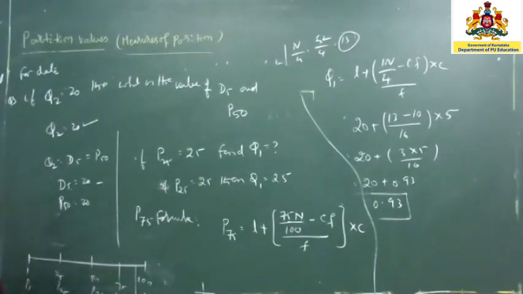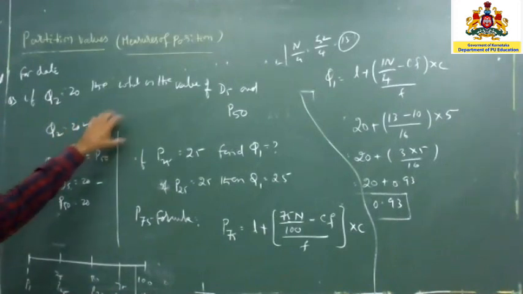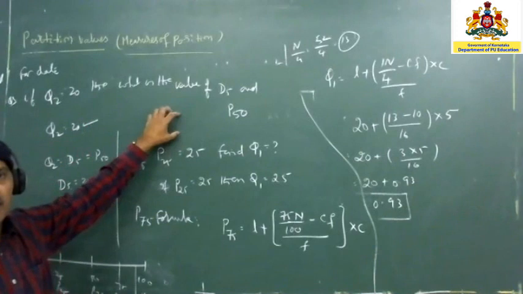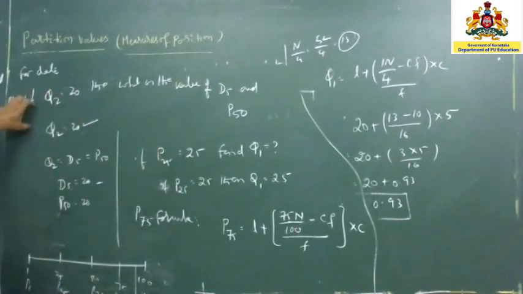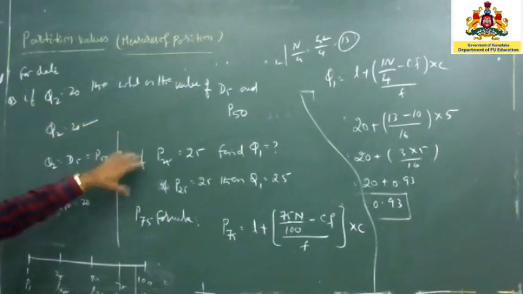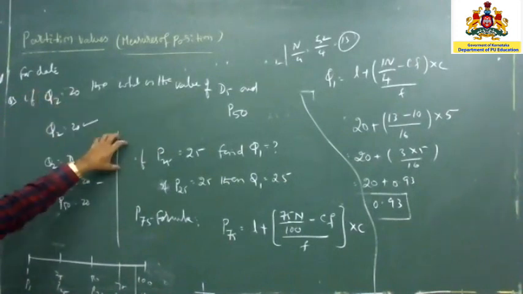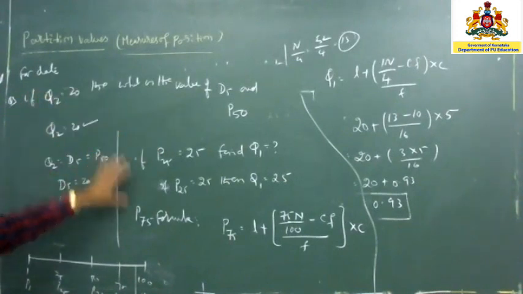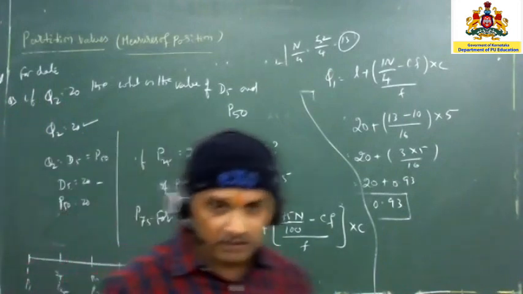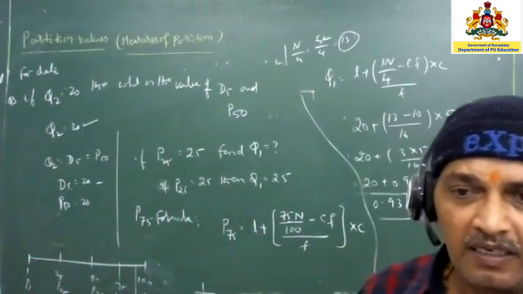As there is not much time here, we could go into more detail and cover a number of problems. But as this is online and the time is limited, as far as my knowledge and the time are concerned, I have covered almost all the things, all types of things which are given in the book. So the partition values are completed here.